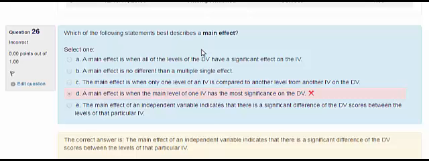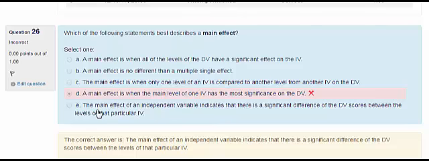main effect of military. So what you did was, the main effect is when the main level of one IV has the most significance on the DV. Yeah, it's a poorly worded question. I apologize for that, but the right answer is when there is a